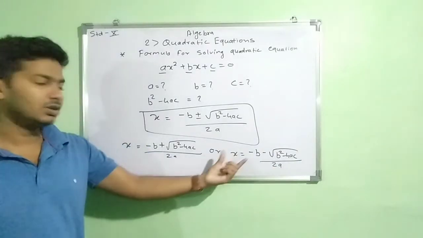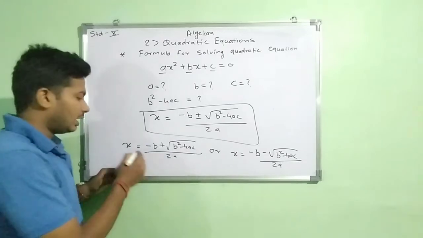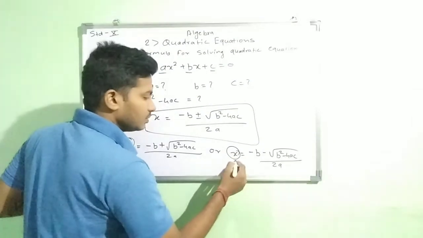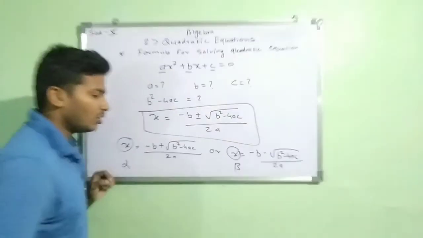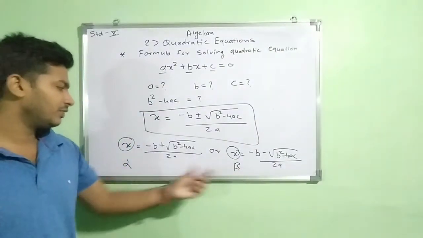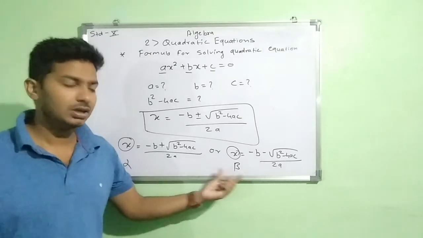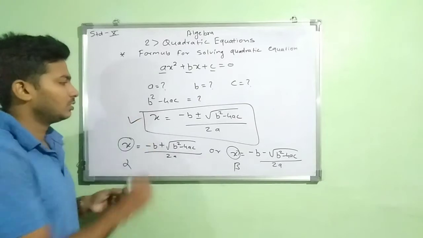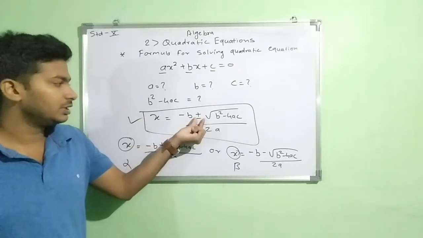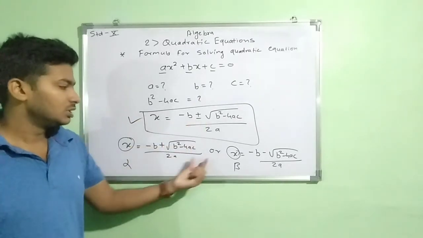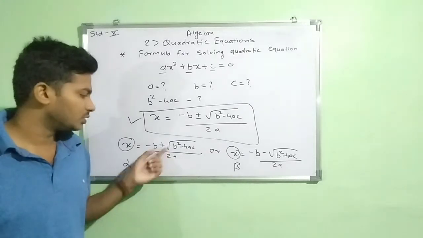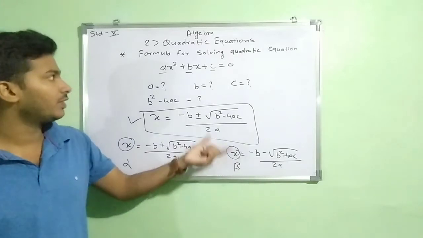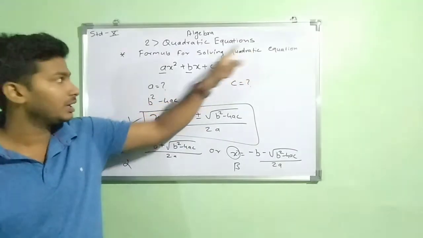These are the roots of the quadratic equation, and that value of x we can write as alpha and the other value of x as beta, or we can interchange them. So these are the roots of the quadratic equation. This is our formula, but in the formula we have to find two values, that is why we split it this way, for positive and for negative. This is how we find the solution of a quadratic equation by the formula method.